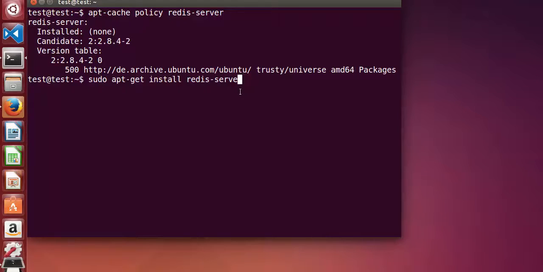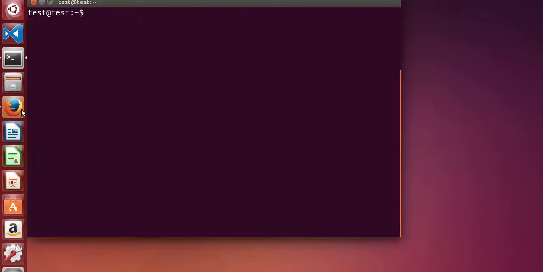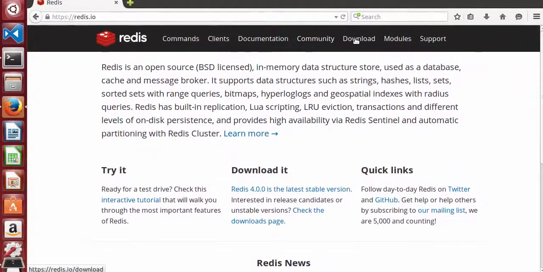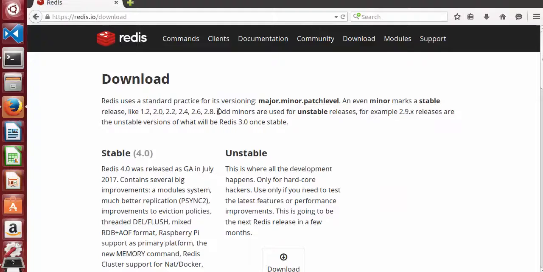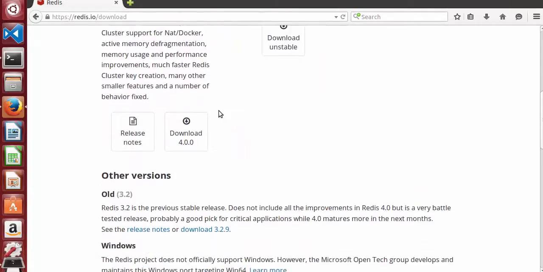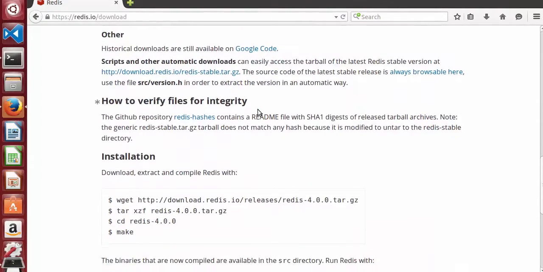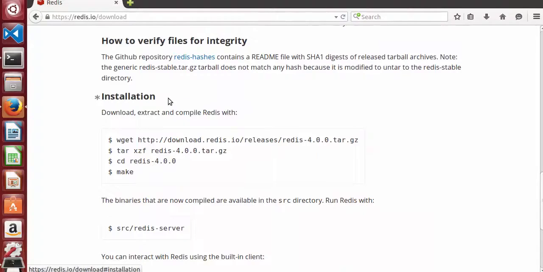In this case, I'm going to show you how you can install the latest version of Redis. For that, I'm going to just clear the terminal. Let's go to the website once again. So I'm on the redis.io website, and I will just click downloads here, and then I will go a little bit down, and I can see the version 4.0.0. I will scroll a little more down, and I can see the installation steps here, and here it's using